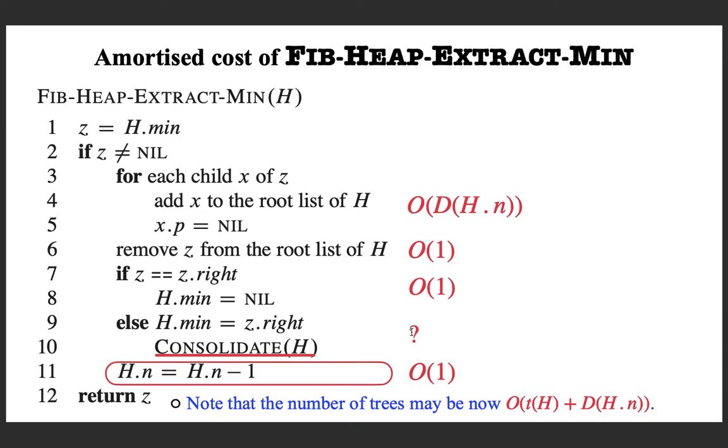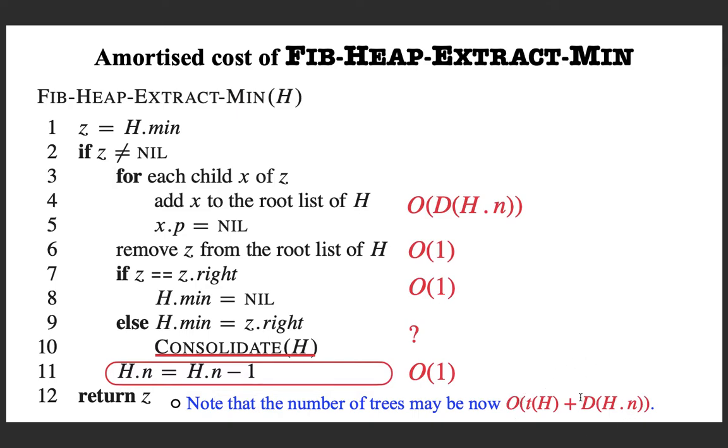And you note that the number of trees in the resulting instance may be O of the original number of trees in the given heap instance plus the maximum degree. Why? Because suppose you are going to delete the min node and the min node contains say these many child nodes or subtrees, then all those subtrees will be added to the root list. So after you perform this operation, you can see that this can be an upper bound on the number of